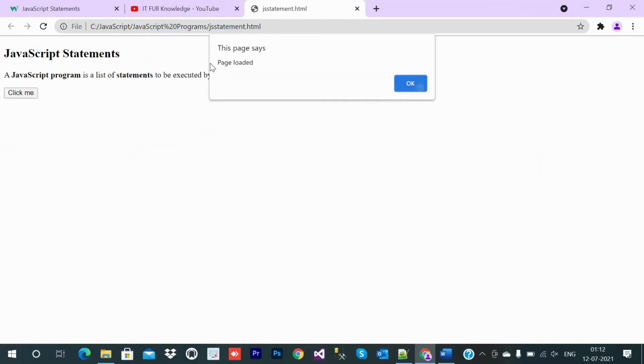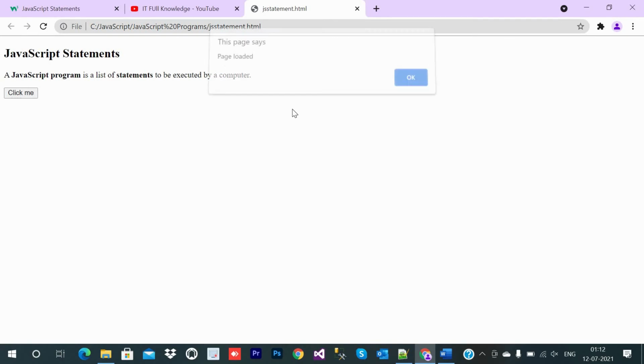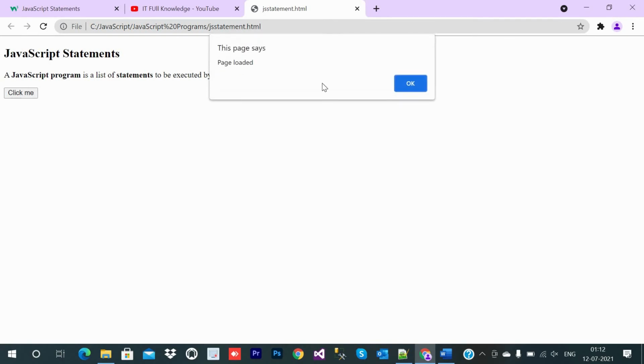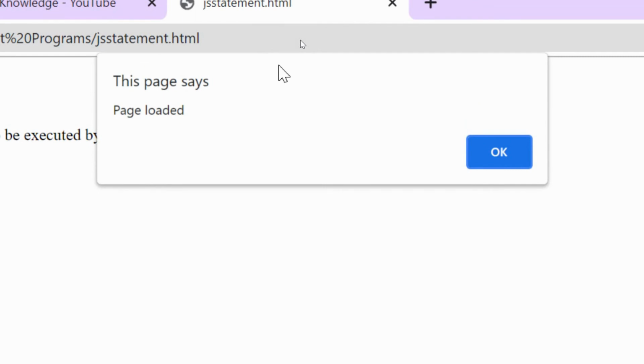So you can see a button is there, and when we click on that button, the alert comes, "page loaded". We have successfully called another function. On button click we called a function, and inside that function we called another function which was already defined above in the script.